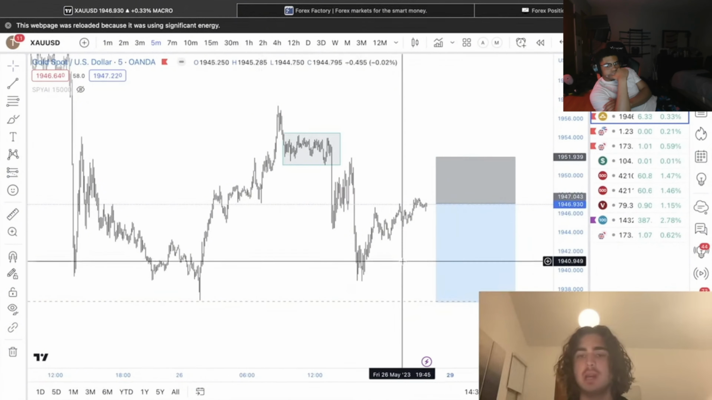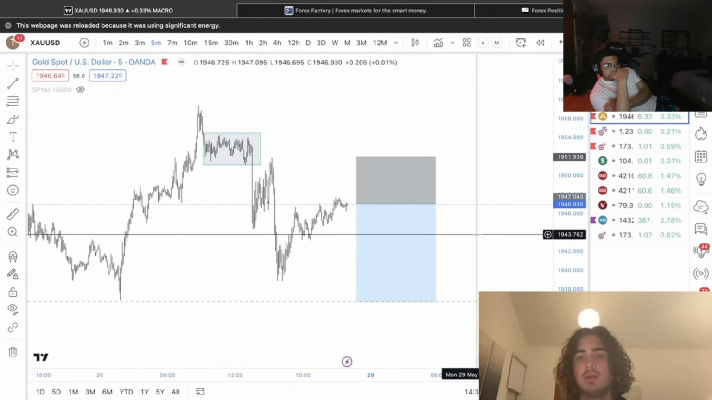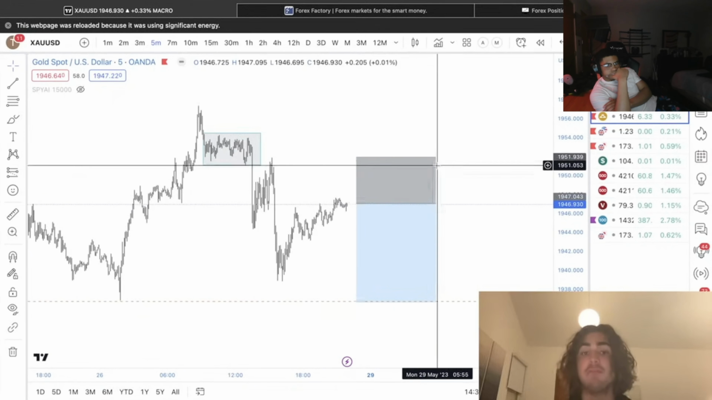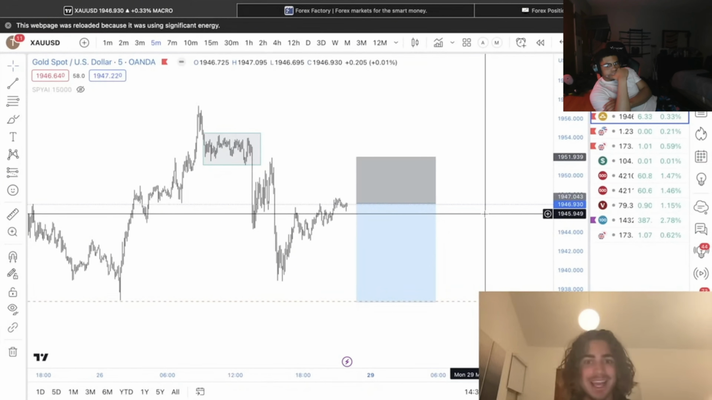Some of you could be trading like this and be profitable. Don't believe me? Try it. Some of you guys can trade this. Ideally,